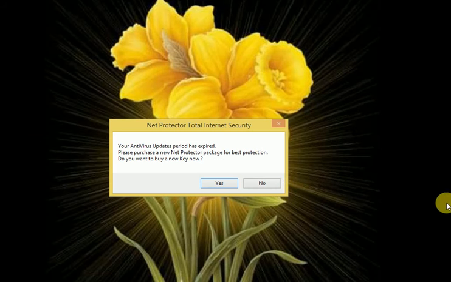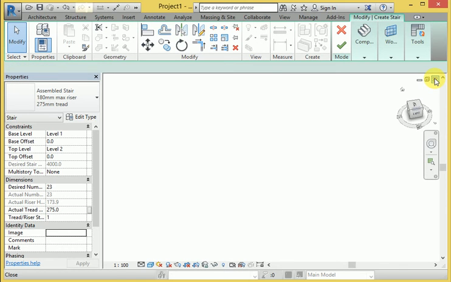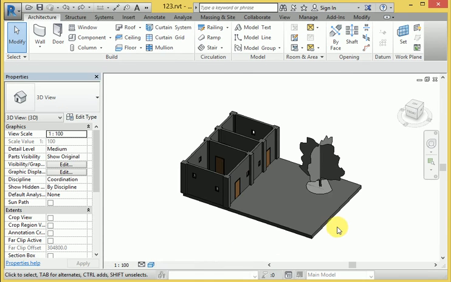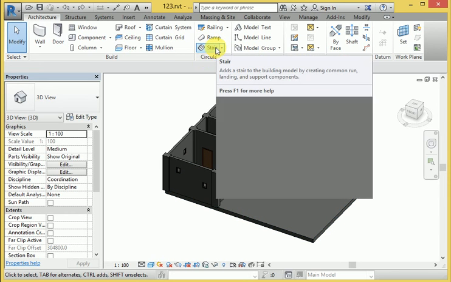Now I am using the particular home here. When I use the home design, here exit on this. So this is the house planning. Basically we have already developed this house. When I use the railing here, first of all I use the stair here.